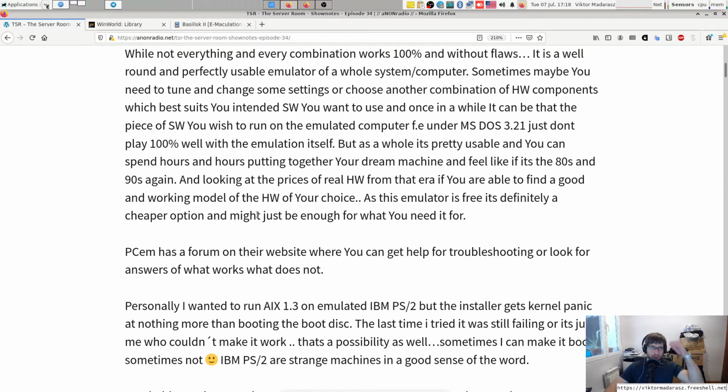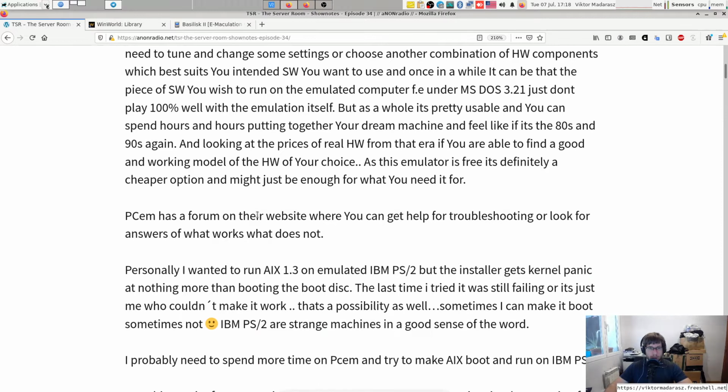I left a link for one of the biggest ones, WinWorld library, so you can feel like it's the 80s and 90s again. And honestly, look at the prices of real hardware from that era, which is still around and which you can purchase on sites like eBay and Craigslist or whatnot,